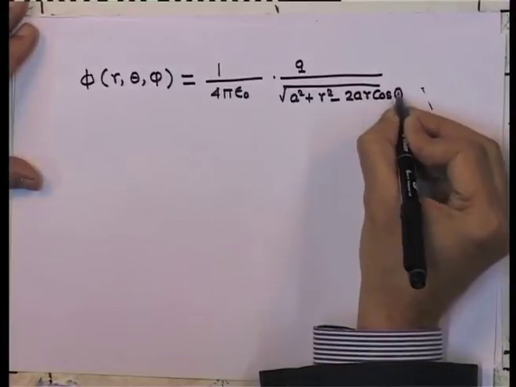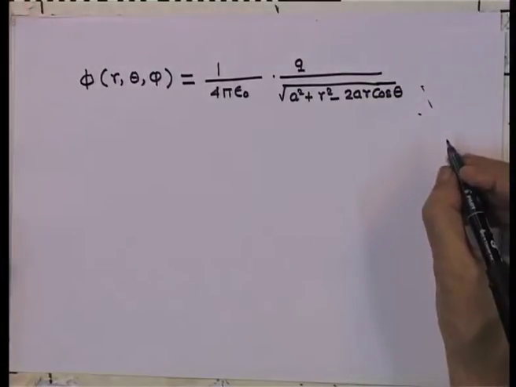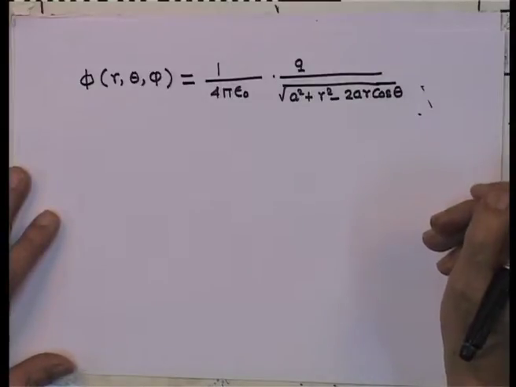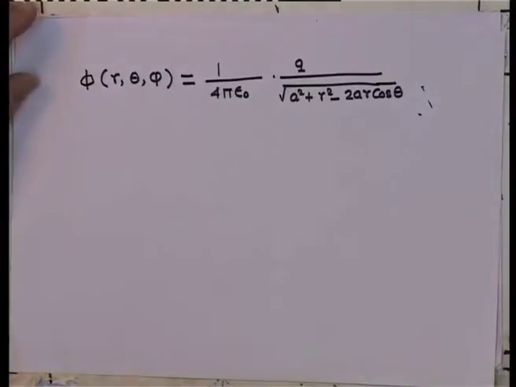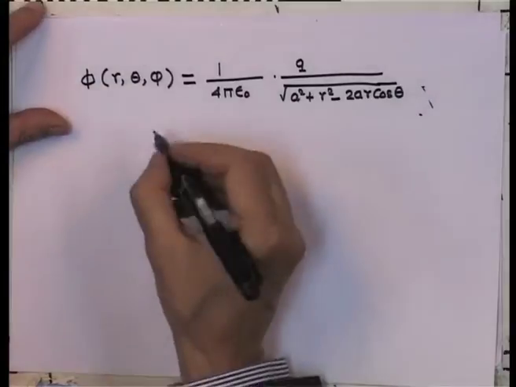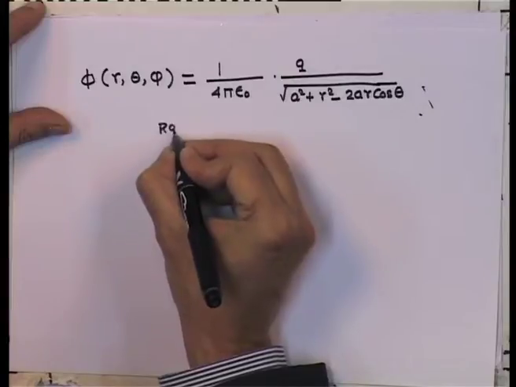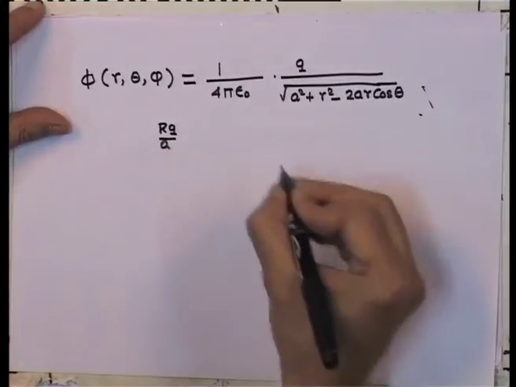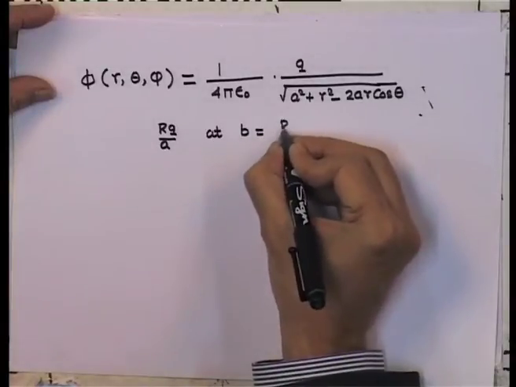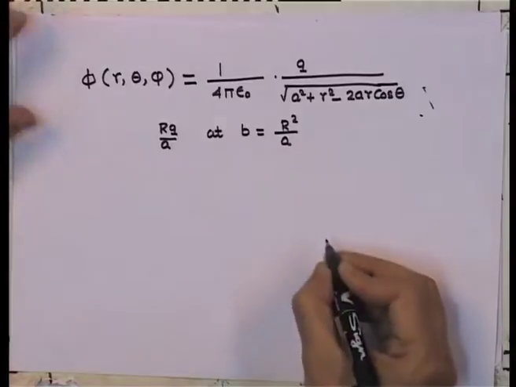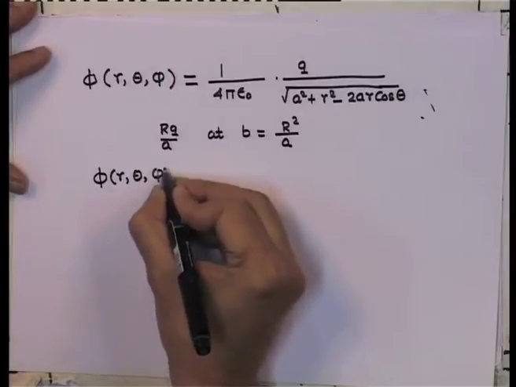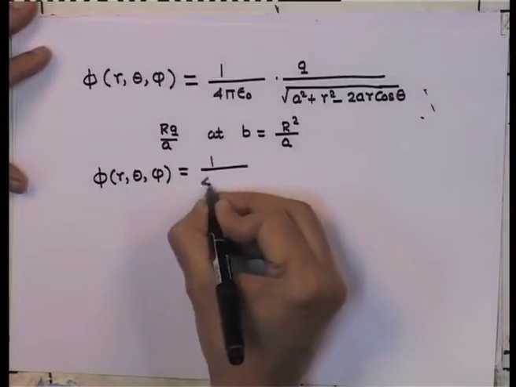This is just the potential at a point P due to the charge q at a distance a from the center. Now, what is the potential at the same point if I put a charge r q by a at b equal to r square by a? I can write down this same phi at r theta phi for this situation as equal to 1 over 4 pi epsilon 0